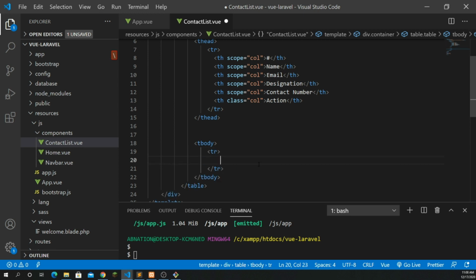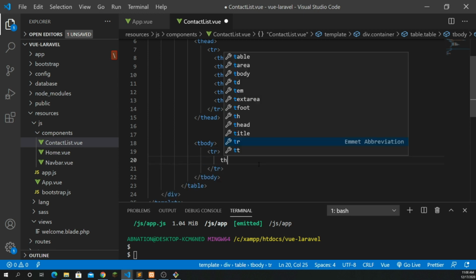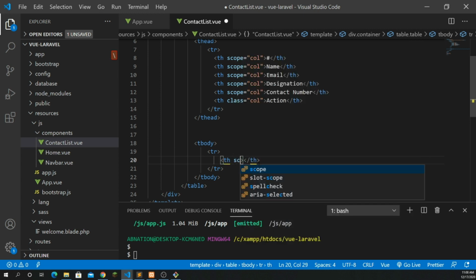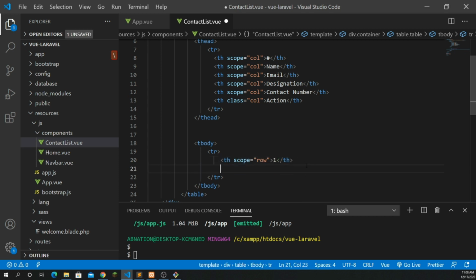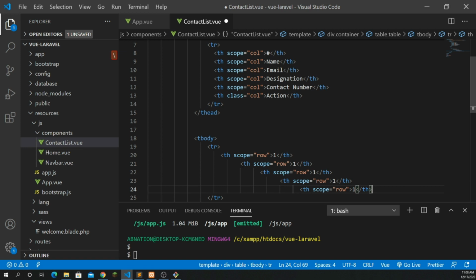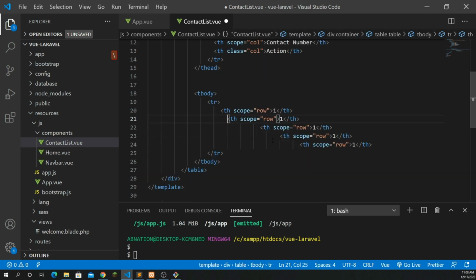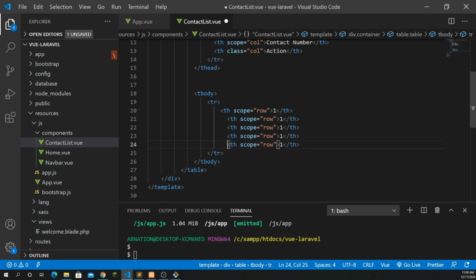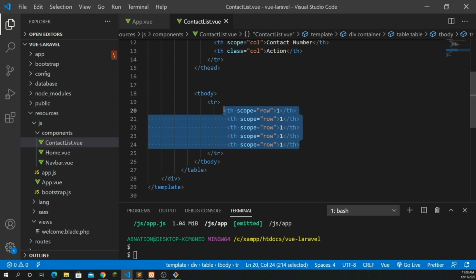And inside table records, I have a th. Let's give it here scope of row, and that should be the ID. So I'm going to grab here 1. Let's add first the static data, right? So I just don't know what happened here. So just align that all. Okay, so we have our ID,